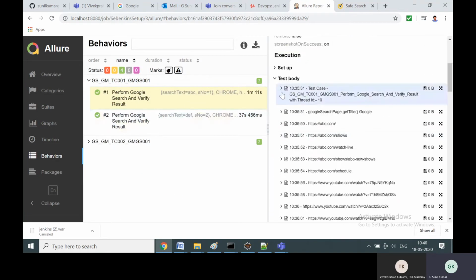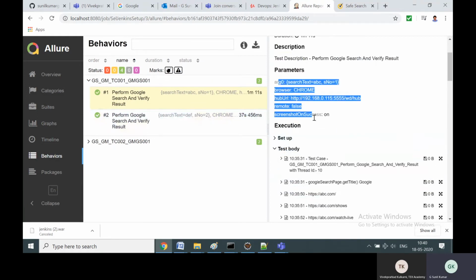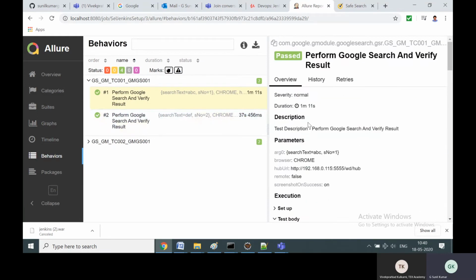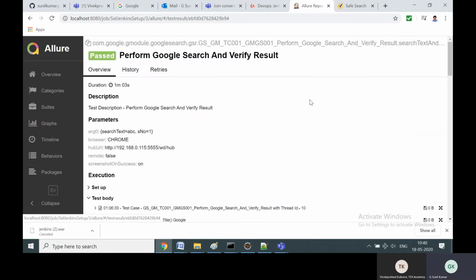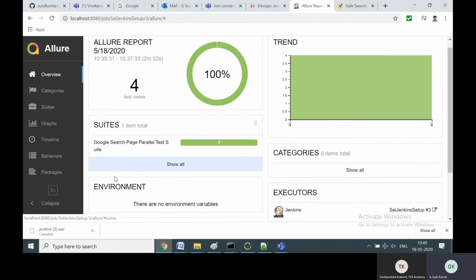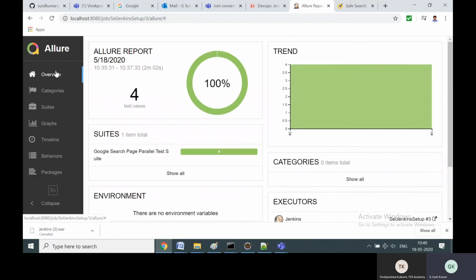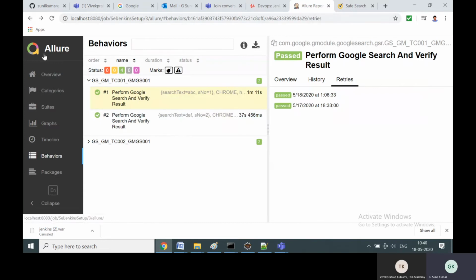Logs are there, the setup items, the parameters passed, test description, any retries, any previous executions, everything is there. So at least 25 reporting dimensions. Allure and Extent are the most famous reporting tools available for automation.